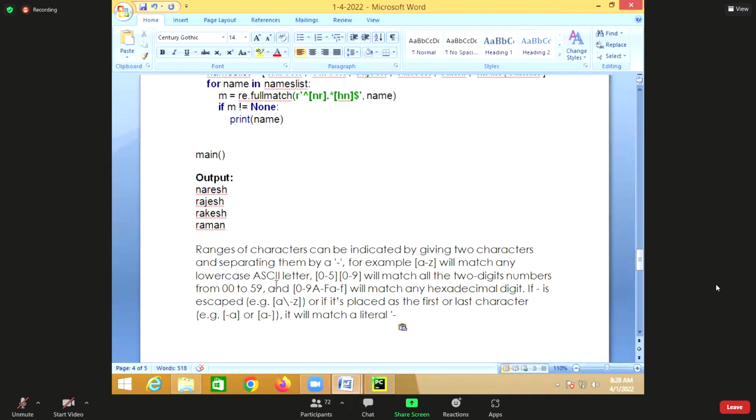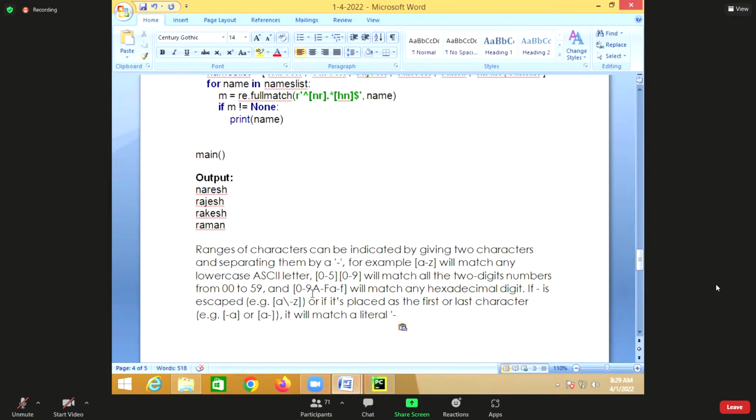Lowercase ASCII letters. In the same way, if I'm writing 0 to 5 and 0 to 9, 2 sets are there, 0 to 5 and 0 to 9. So it will match all the 2 digit numbers from 00 up to 59: 00, 01, 02, 03, 04 up to 59.